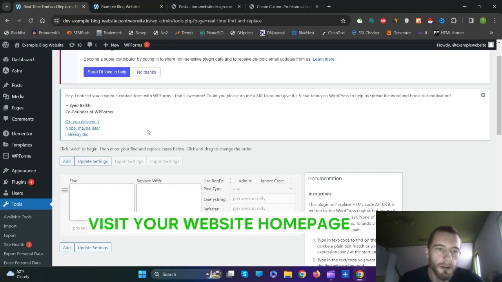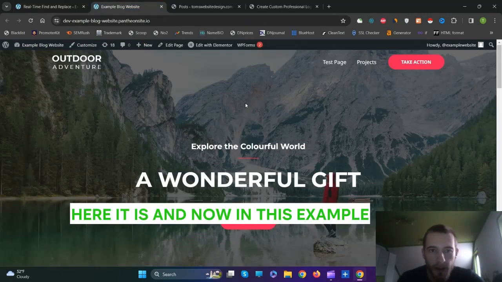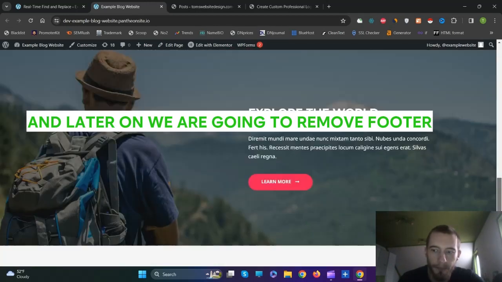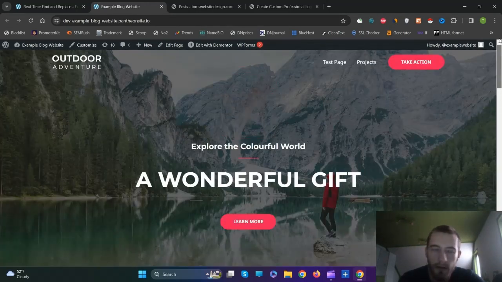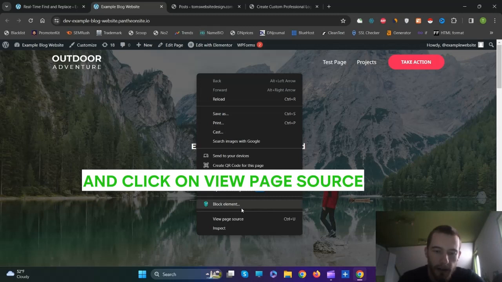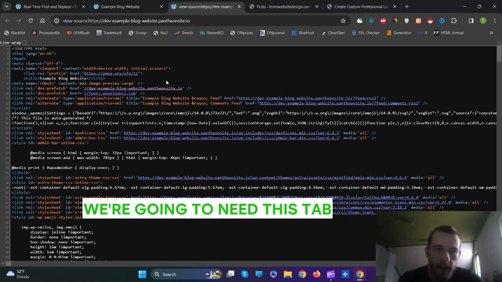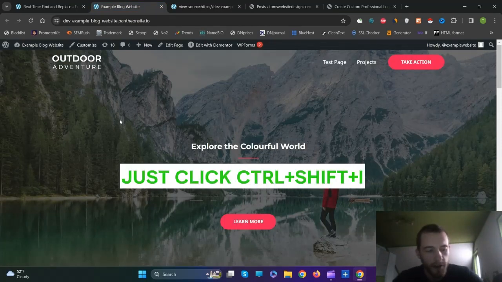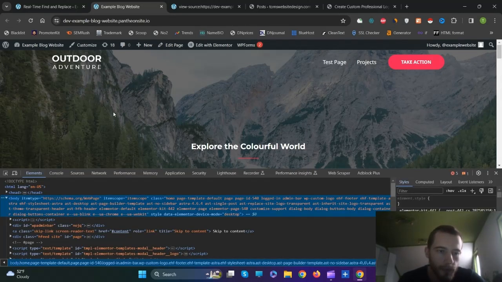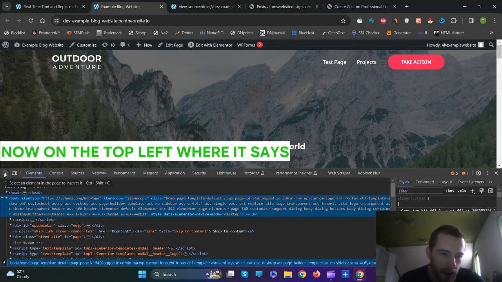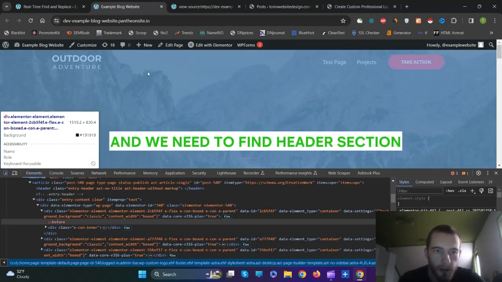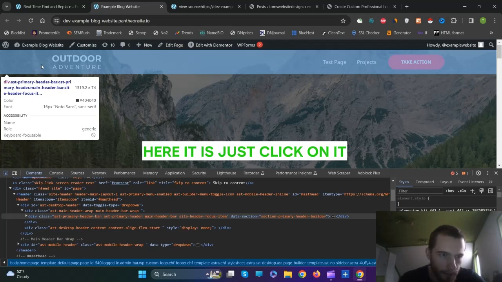In order to do that, visit your website homepage. Here it is, and now in this example we are going to remove this header, and later on we are going to remove the footer. Right click anywhere on your home page and click on View Page Source. We are going to need this tab, but for now just press Ctrl plus Shift plus I to inspect the page. Now on the top left, where it says select an element in the page to inspect it, click on it, and we need to find the header section. Here it is, just click on it,